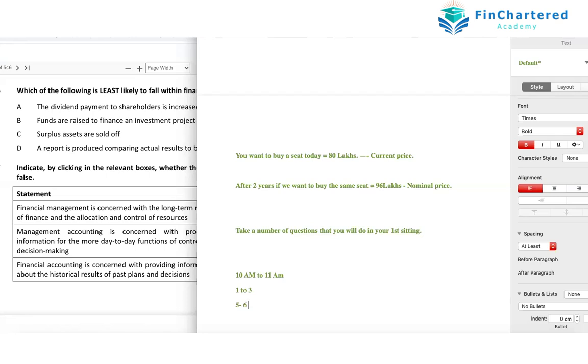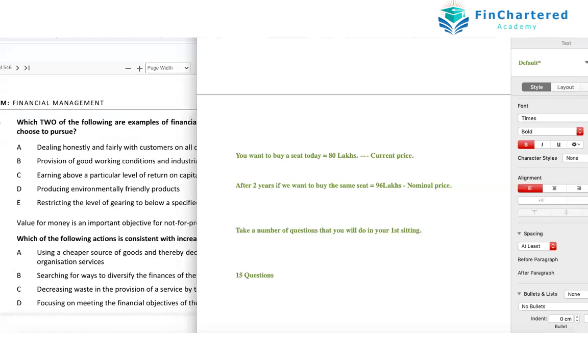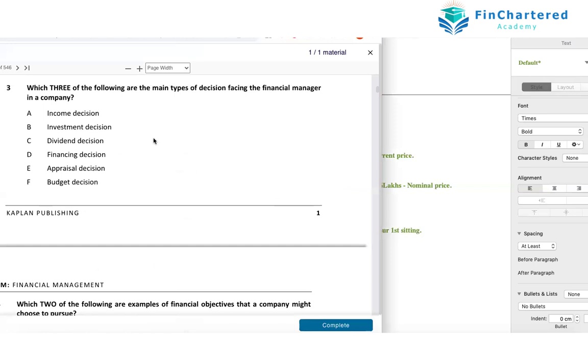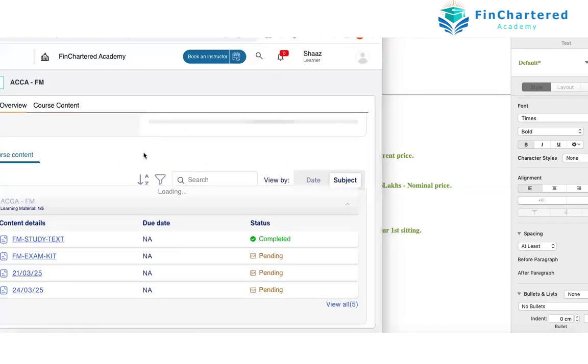Now it will depend on you. How many sittings are you going to have depending on your time, right? Now, you need to take a number of questions that you will do in your sittings. Generally, I used to do 15 questions, you can take at least to start off with. Right? So you take 15 questions, and in that sitting, you just